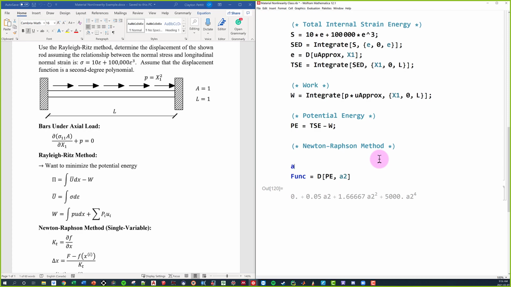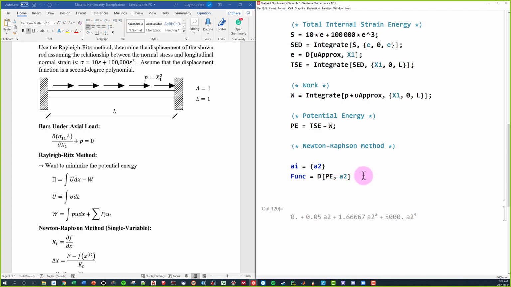Now, to make my life easier, I'm just going to create a dummy variable, and I'm going to say A2. So this right here is our unknown, A2. They're basically our unknowns. I'm going to create the loop for the Newton-Raphson method. I'm not going to loop it yet, but we're going to go through the Newton-Raphson method, and after we know that it is good to go, then we're going to start looping it so it can do all of the iterations that we want. All right, so hopefully that makes sense to you guys.